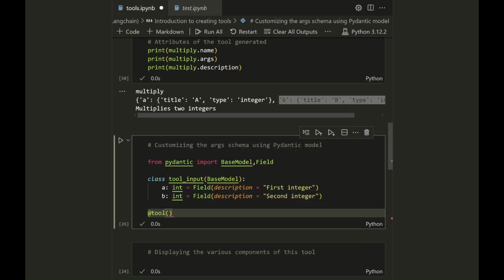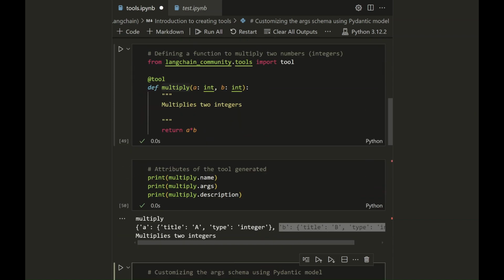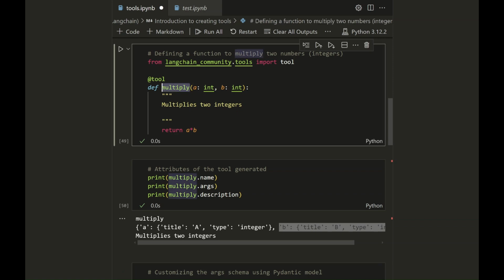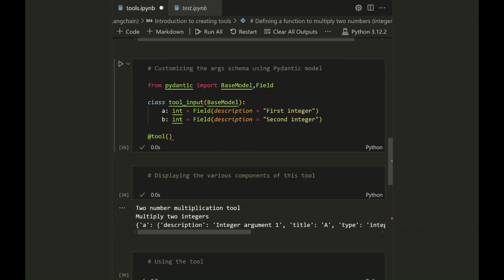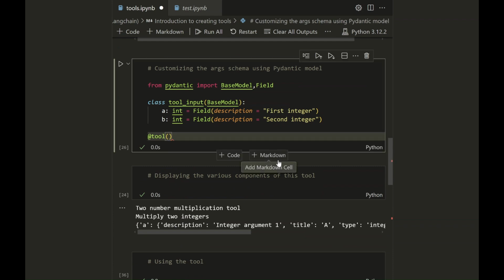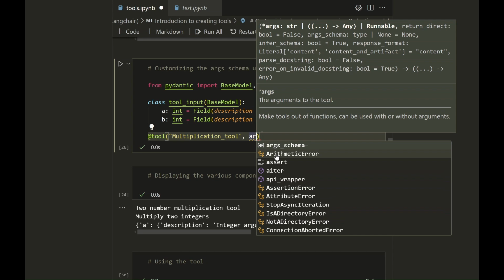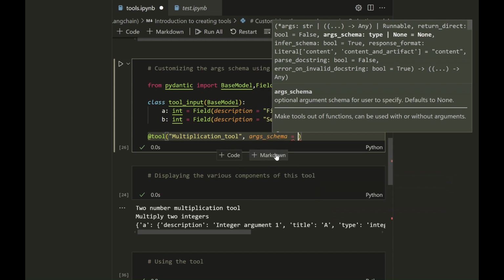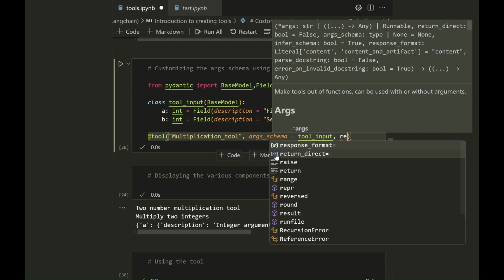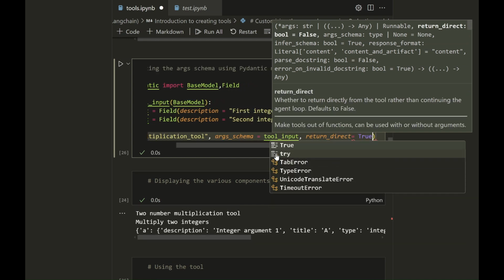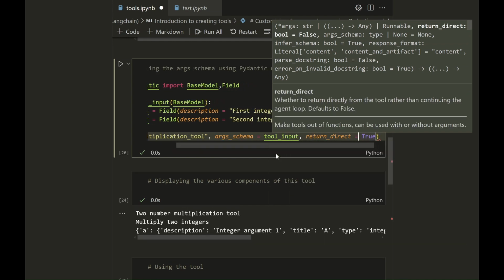tool definition. Now, one more thing I would like to add here. You see here, the tool by default took the name of the tool as the name of the function. If we want to assign a particular name to this tool, what we can do is we can simply write here multiplication tool. This will be assigned as the name of the tool. Then we can go for args schema, and we can specify the Pydantic class which we have created as the args schema, and return direct should be true because we want to run this particular tool and see its output